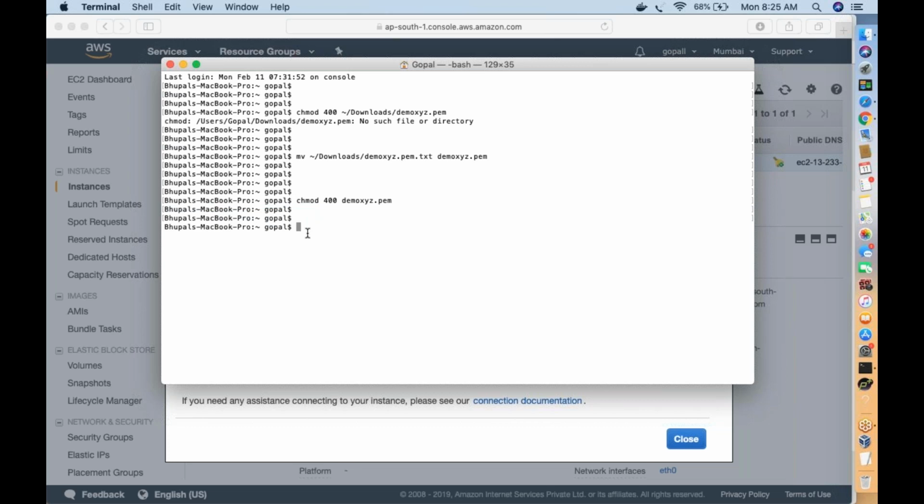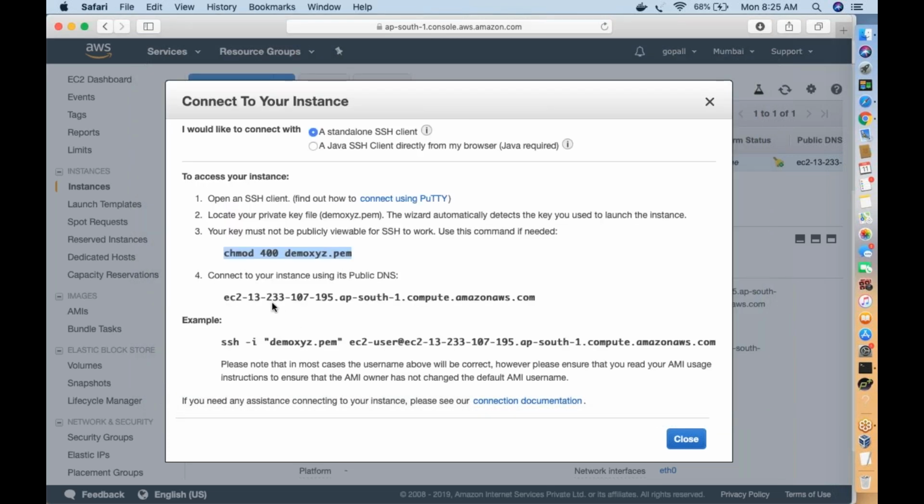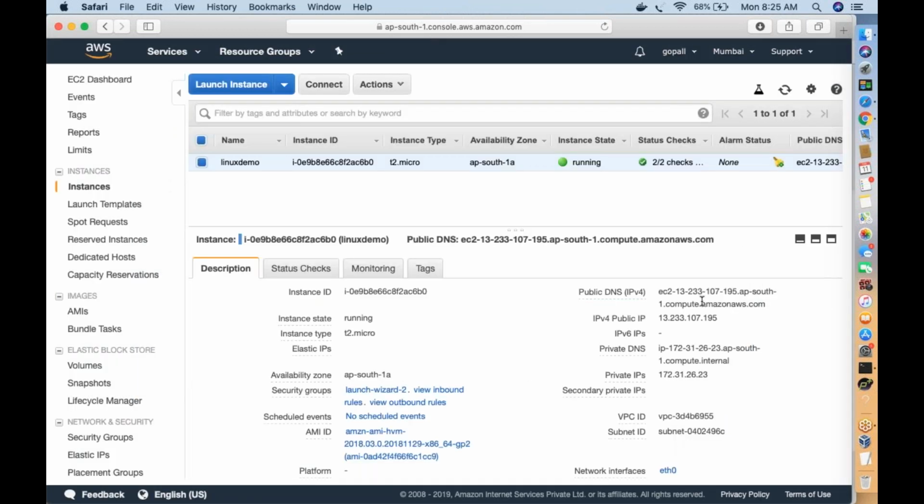Once you protect the key, try to log in. These are the public DNS names. You can connect to your server using the public DNS or the public IP. Either will work to access your server.